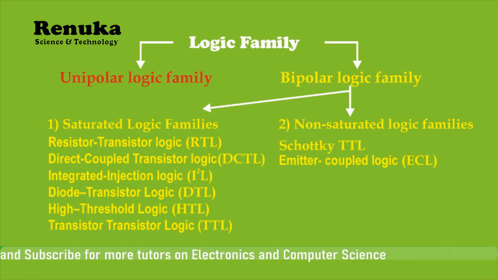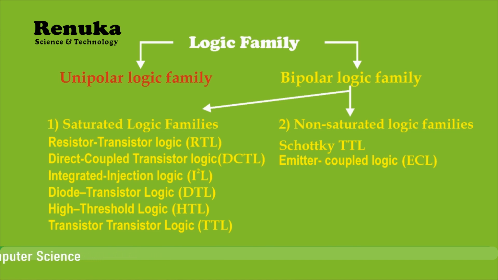The fifth type is the transistor logic. It means that the transistors are connected with each other. That means the output of one transistor is connected with the input of another transistor. So only transistors are combined here to form a circuit. So that is why it is called transistor logic.